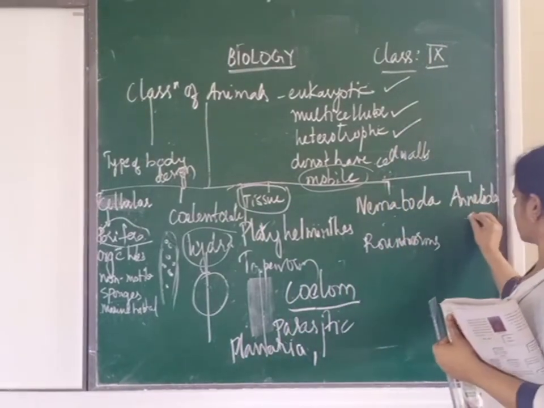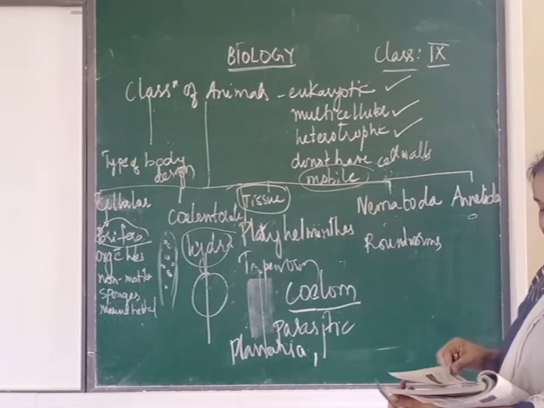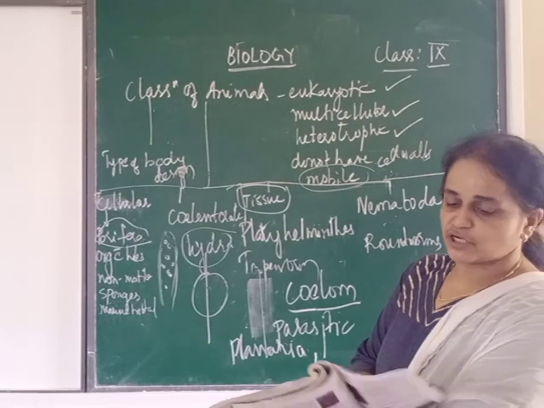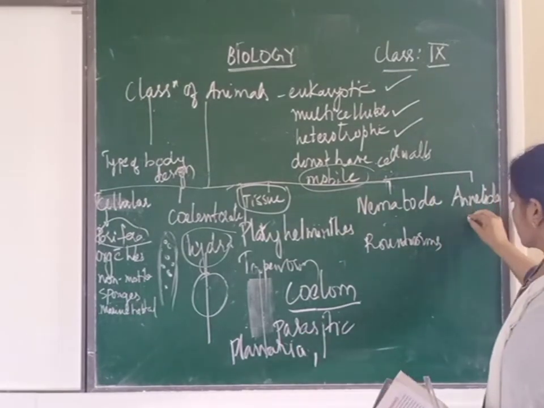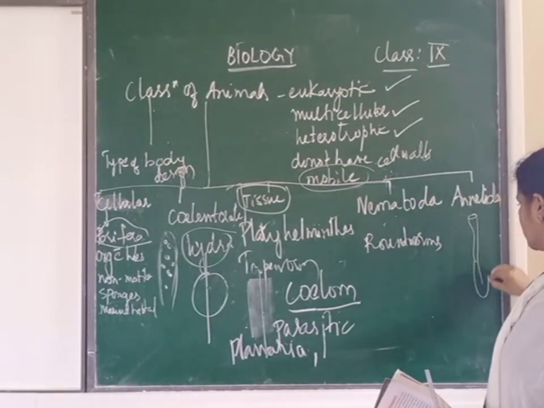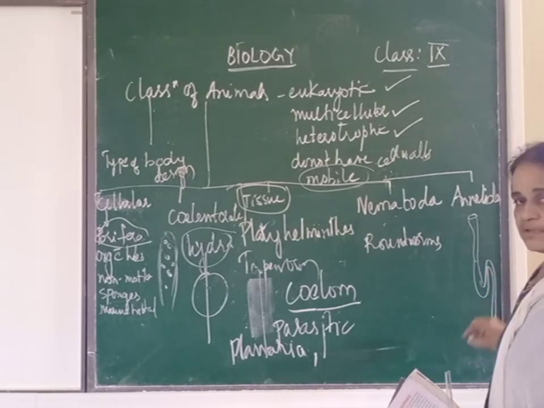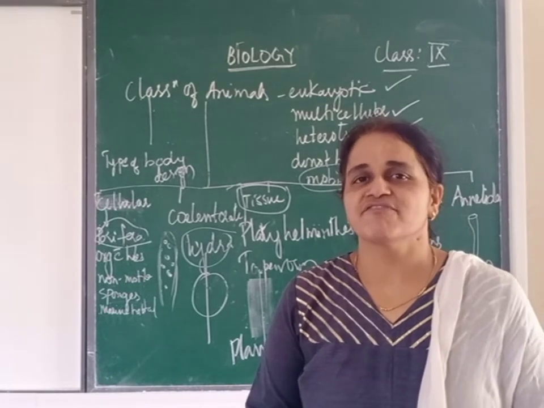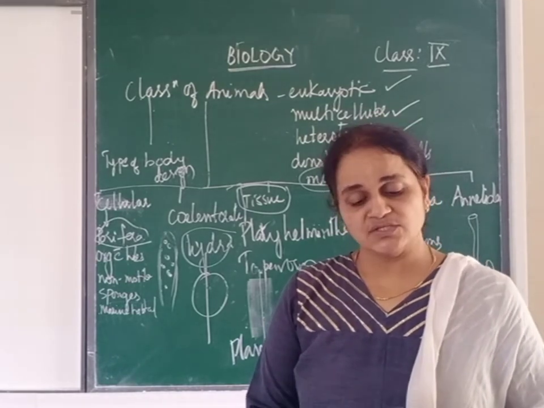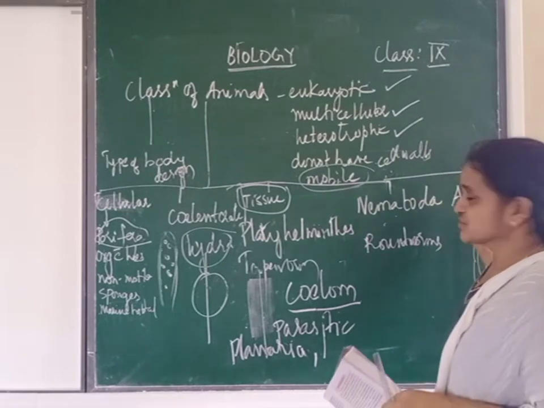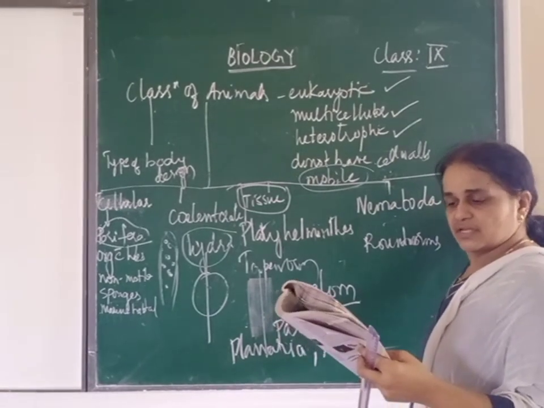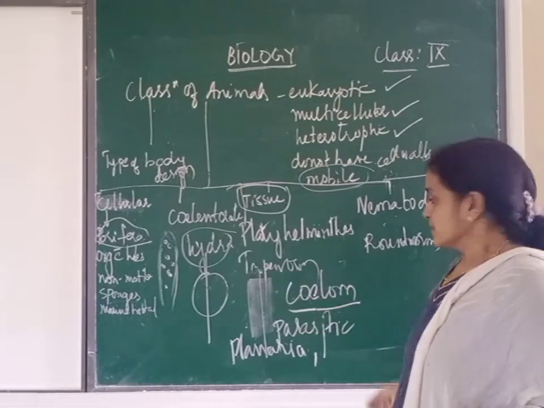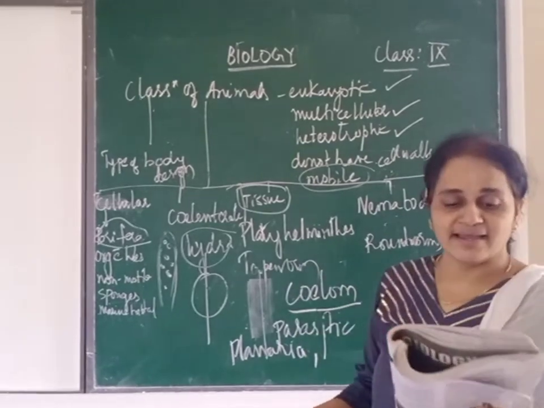This is the group of our earthworms. They are the earthworms which belong to this Annelida. So I think you have all seen an earthworm. Haven't you seen an earthworm? They are the friends of the farmer. So these earthworms belong to which group? Annelida. So they are found in both fresh water and marine water, in water as well as on land.